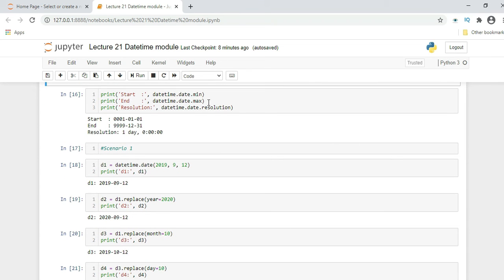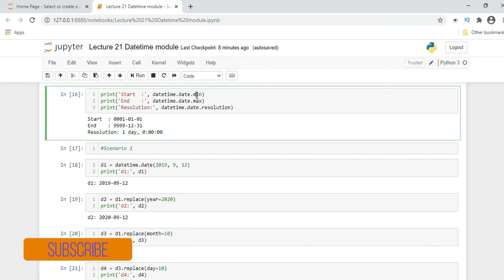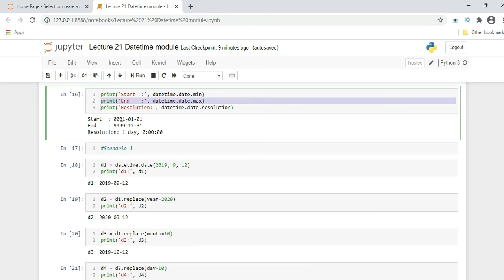Now, if you want to get a date, in the previous section we saw the datetime, and there we saw the time only. Here we are looking into date with the help of the datetime module. So datetime.date.min would be the first minimum, the year, month, and date. Now if you want to see the max, by default it will show in this format: 31st December 9999 would be the year. Resolution will always take 1 day. So there would be a calculation like 1 plus 1 is 2, 2 plus 1 is 3, 3 plus 1 is 4, like that. So it would be 1 day.